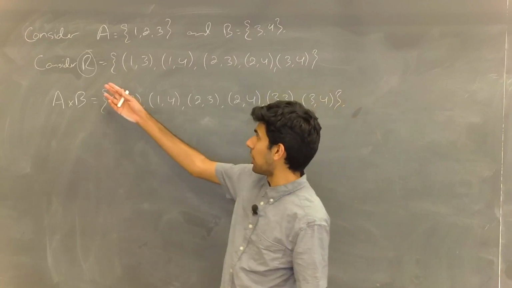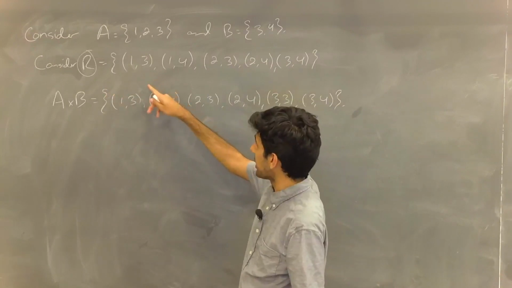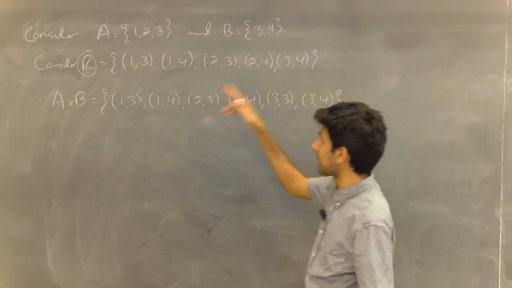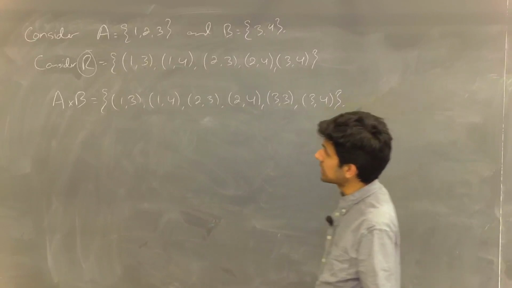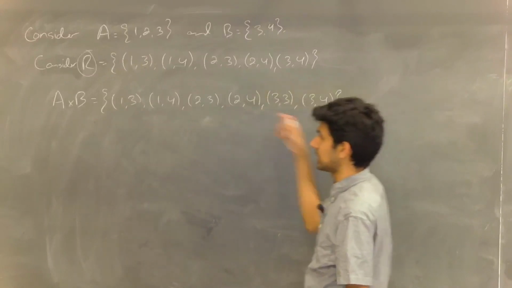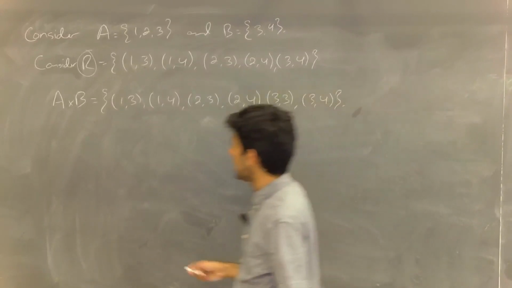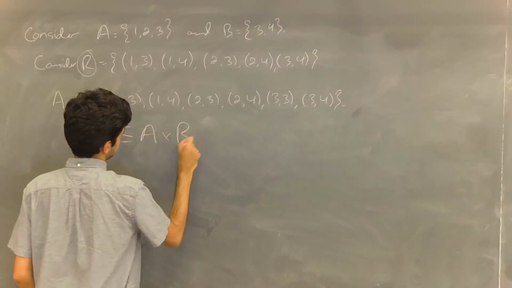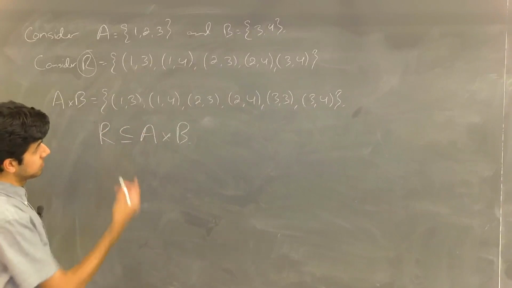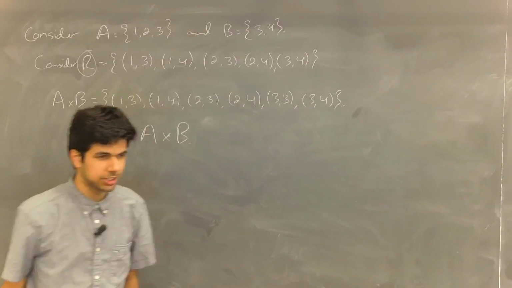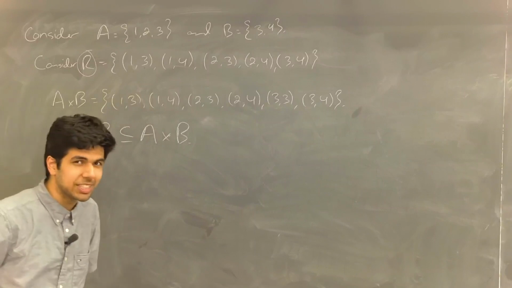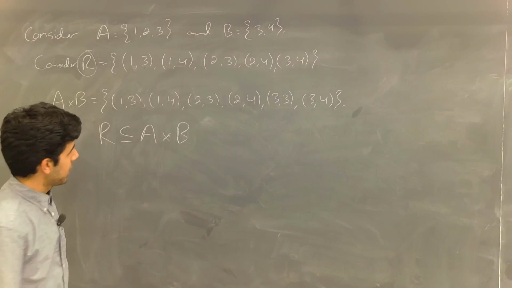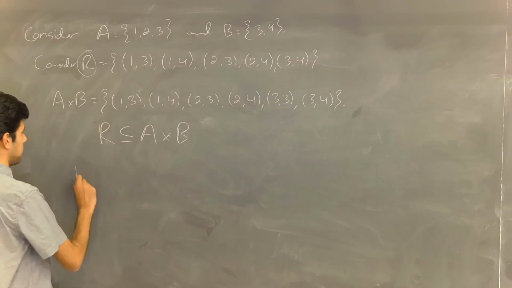So here's an example R, which is a set of these ordered pairs, which are indeed first element from A, second element from B, and that holds for all of them. If we take a look at A cross B, that is every single pair that we could get, and indeed you'll see that R is a subset of A cross B. So this is a relation. R is a relation. That doesn't really mean too much unless we actually give it substance. And in fact, in this case,